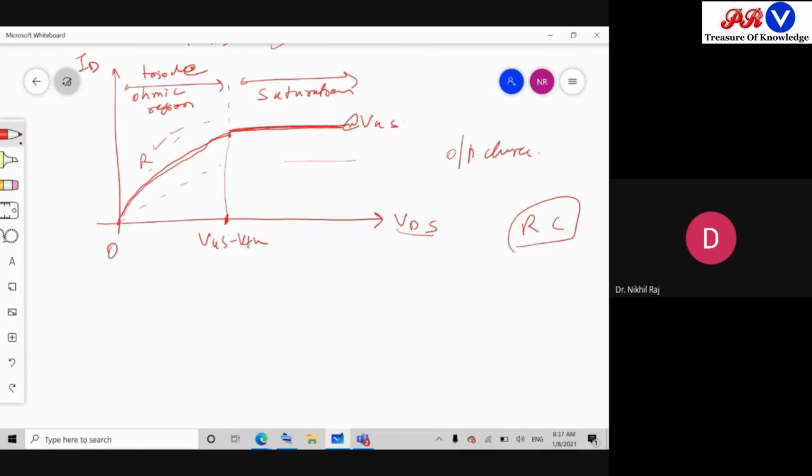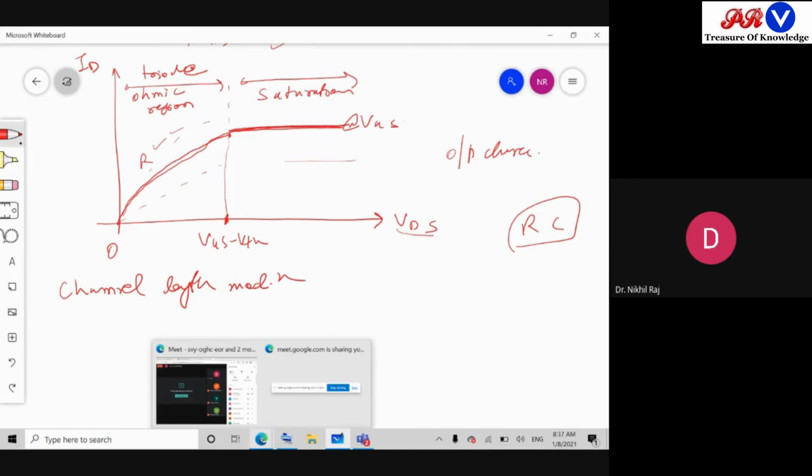So this was your MOSFET IV characteristic. Now in this IV characteristic, there is one more parameter which is known as channel length modulation. Okay, channel length modulation means when the effective channel length L is less than the channel length provided. That happens when pinch off occurs. So for that we'll go for some pictorial representation that will give you a much clearer idea.